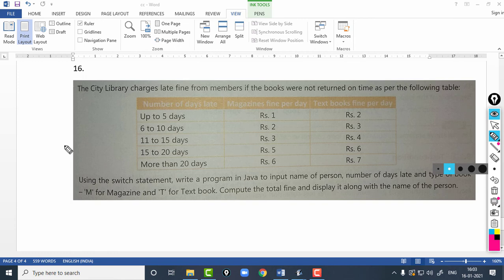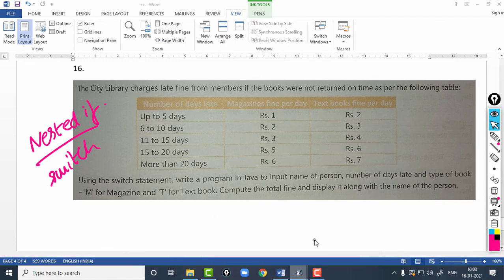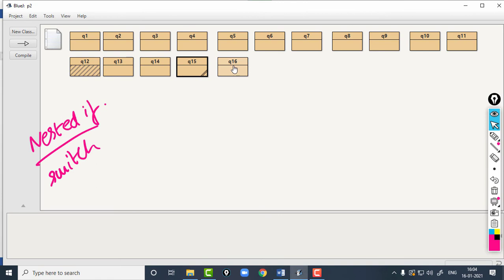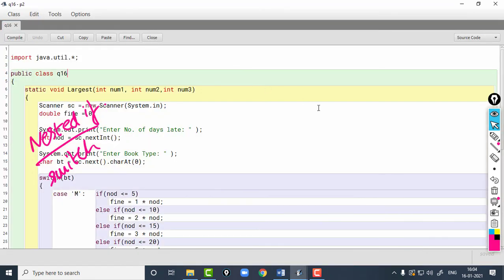For this kind of question you can use nested if, or you can also use the switch case. So here I have used switch case instead of using nested if else.